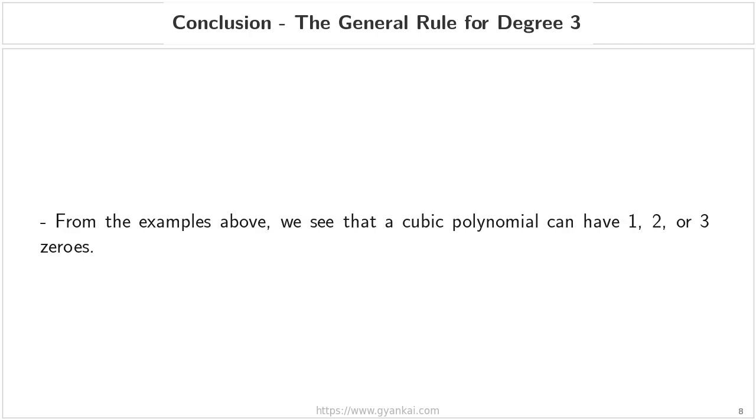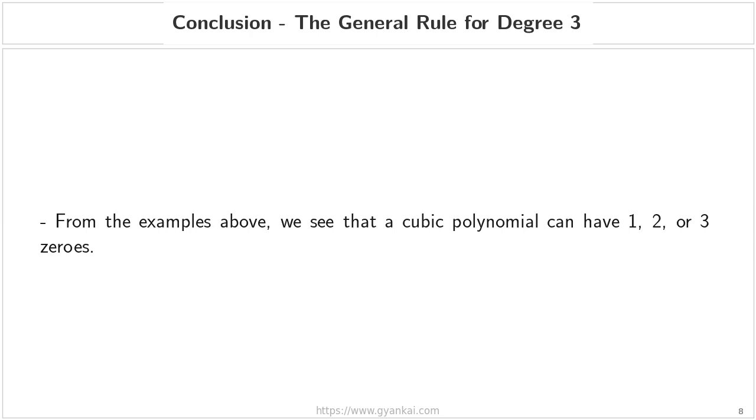Conclusion: the general rule for degree 3. Now, let's bring everything we have discussed today together to form a final conclusion. If we look back at the 3 specific examples we just analyzed, where we saw a polynomial with 3 distinct zeros, one with only a single zero, and one where the curve touched the axis to give us 2 zeros,